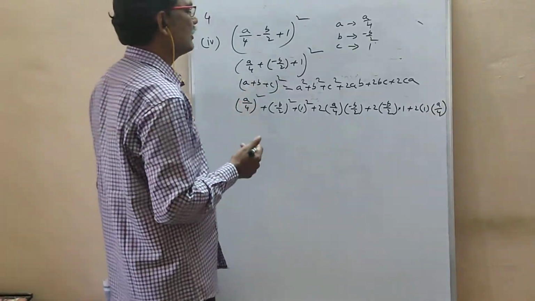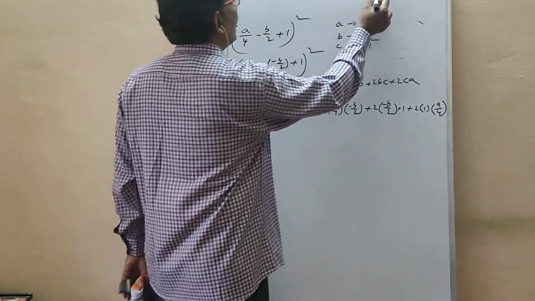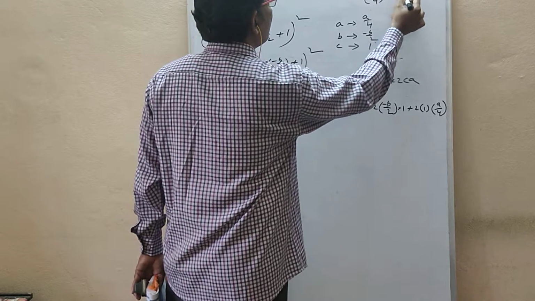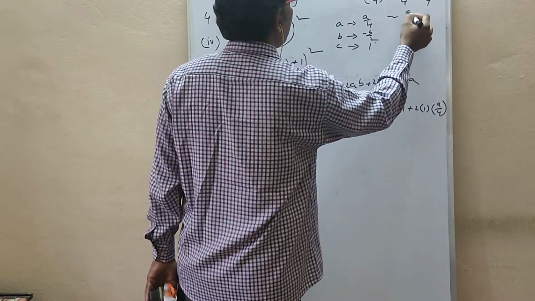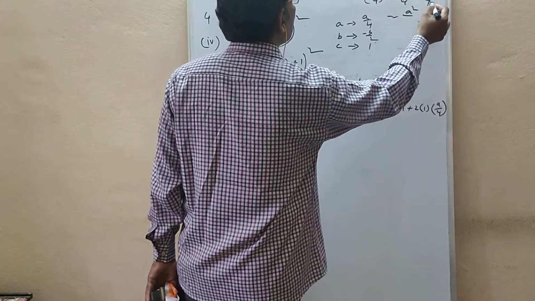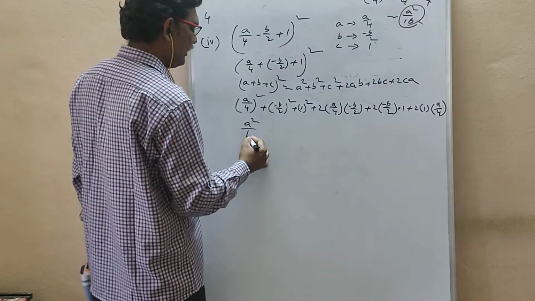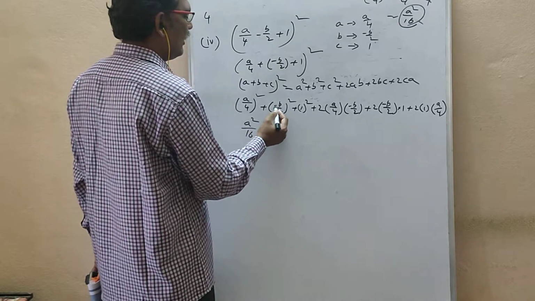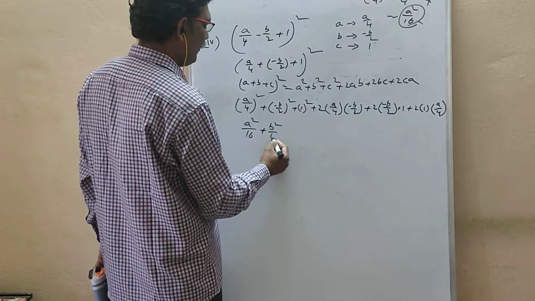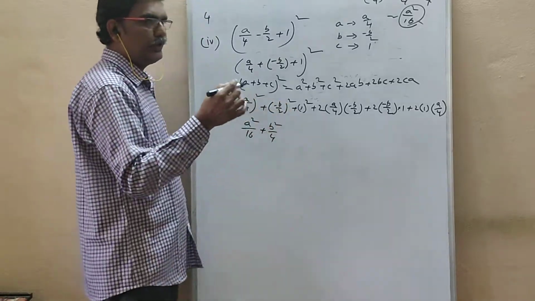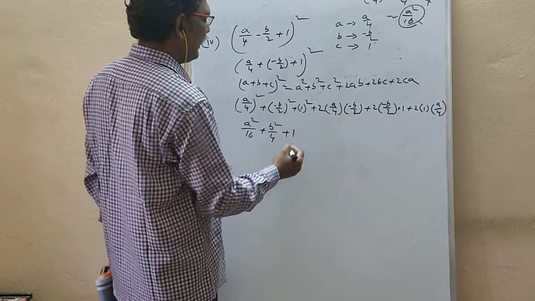Now simplification. So how to do simplification? We'll see it here. (a/4) whole square is nothing but a/4 into a/4. Into means numerator into numerator: a square. 4 into 4, 4 fours are 16. Some students will write 8 here, which is wrong. So a square by 16 is one term. Again minus is there with whole square, it becomes plus only: b square by 4. How are you getting it? Minus b/2 into minus b/2. 1 square is 1 only.